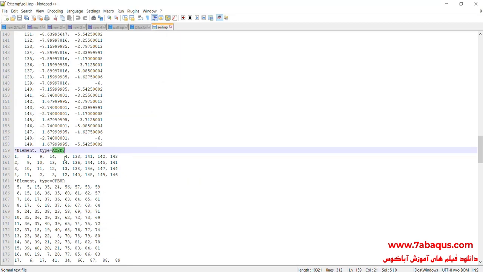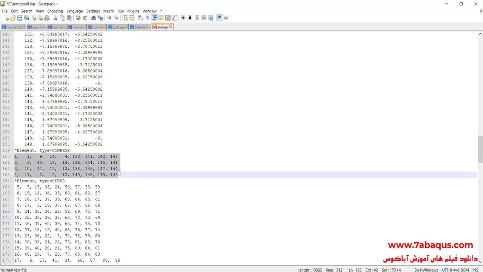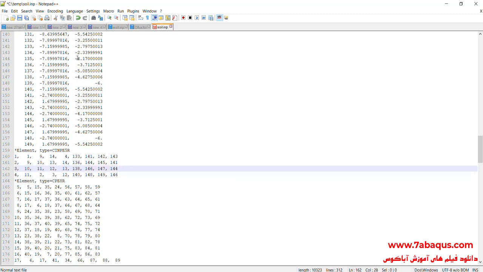Rename this element to CINPE5R so that the elements will be changed into infinite elements. Here I will save the model,